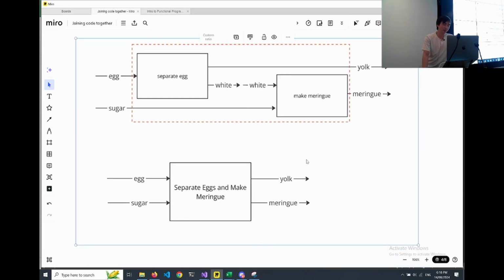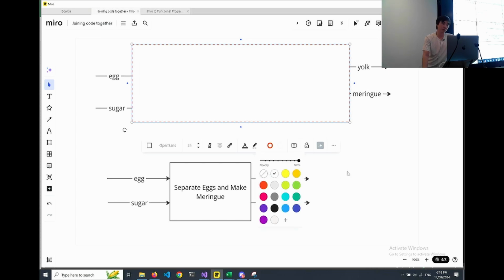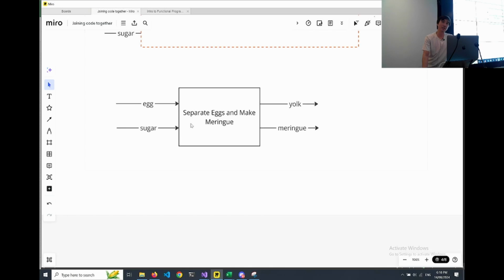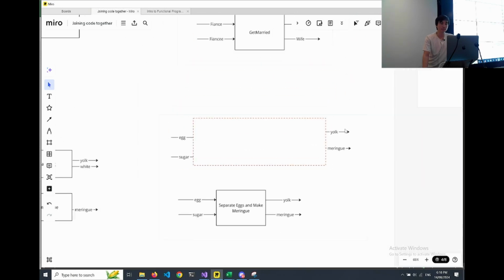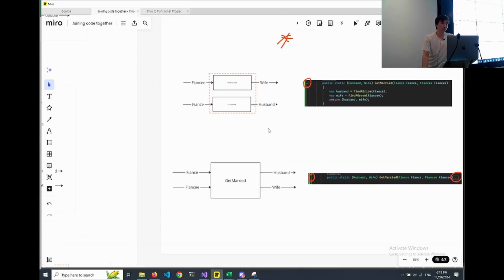So we have this idea. It joins together by just chucking the whites together and then pushing all of these all the way through, if that makes sense. But again, you don't really care that much about how these things join together. All you care about is that it takes egg and sugar in and outputs yolk and meringue. So again, the idea is that you can open and close these functions,